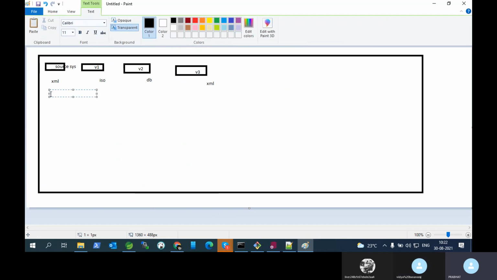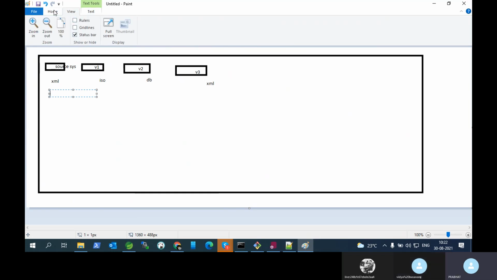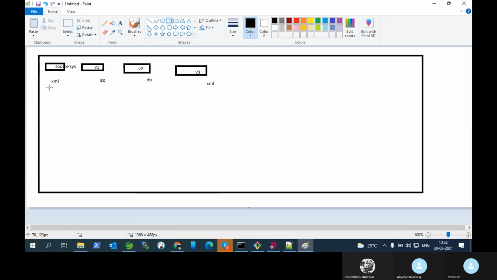So suppose this is XML. In the XML case, we can give an input box. Suppose this external source system has five tags maintained. Here we are displaying the XML request body.